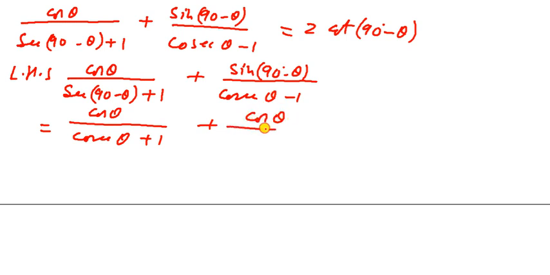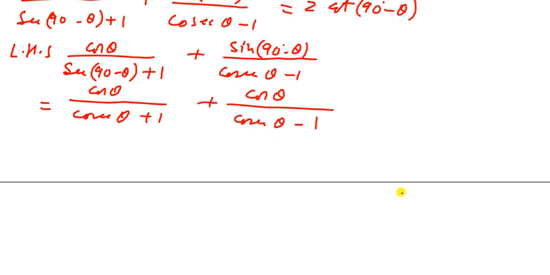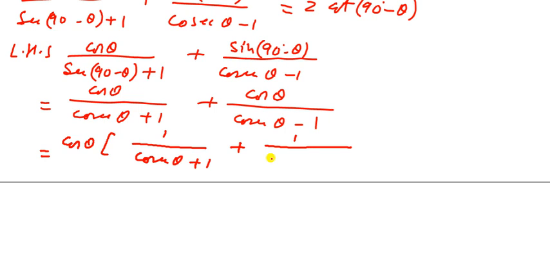So cos theta upon sec 90 minus theta, that is the cosec theta, and plus 1, plus it is sin 90 minus theta, that is the cos theta, and here is cosec theta minus 1. Now cos theta is a common,